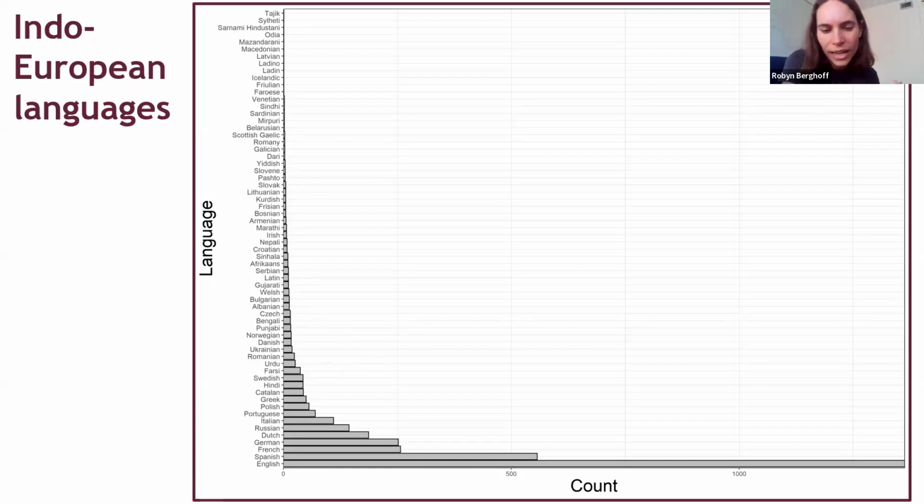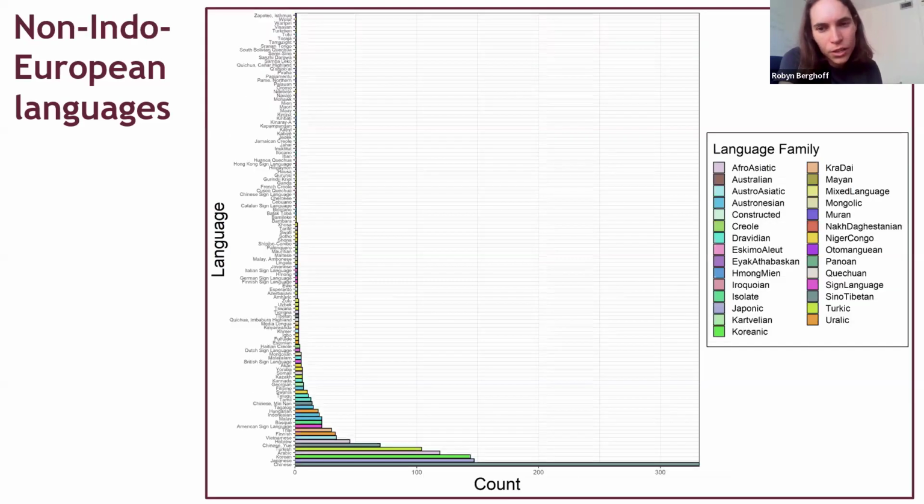And you'll see by how quickly those bars shrink as you go up this y-axis here, you can see that most languages are only occurring a very small handful of times in the data, right? So there's a few languages that are studied a lot and lots of languages that are studied very little, right? We have the same visualization